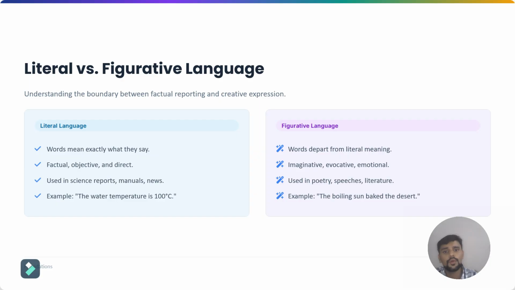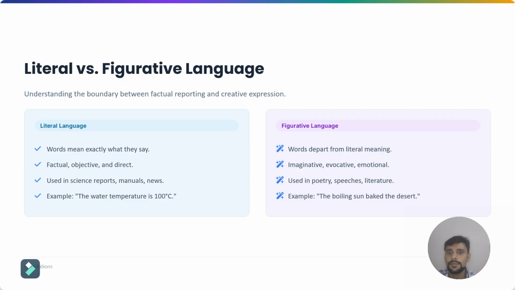Now here's an important warning, a very important one. Figurative language does not mean that the sentence is false. It means the sentence communicates meaning through something beyond strict literal interpretation. Consider: my manager is a machine. Is that factually true? No. But perhaps the speaker means my manager works extremely hard. So the sentence is literally false but figuratively meaningful. That is why context matters.